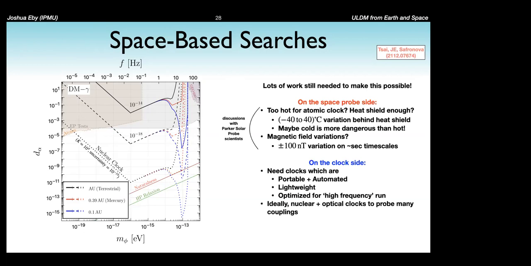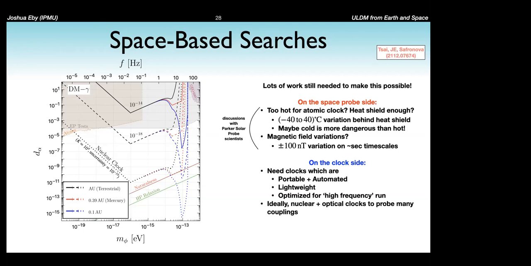So yeah, as I've already pointed out, there's a lot to do, both on the space probe side. We have discussed with NASA scientists what kind of temperature or magnetic field fluctuation the Parker Solar Probe already experiences. And comparing this to our clock colleagues, actually pretty minor modifications of the existing heat shield technology would be relevant. Actually, we were very worried that the temperatures would be so high, you would just melt any